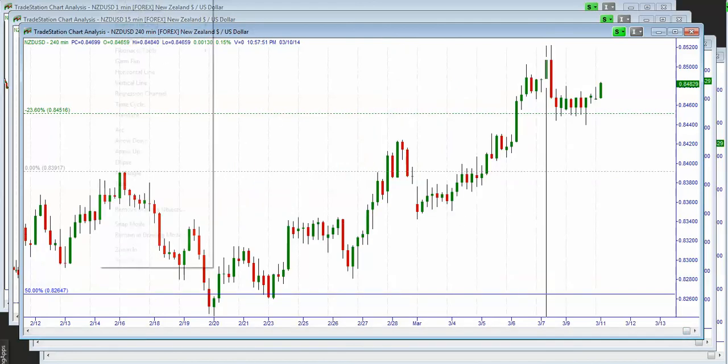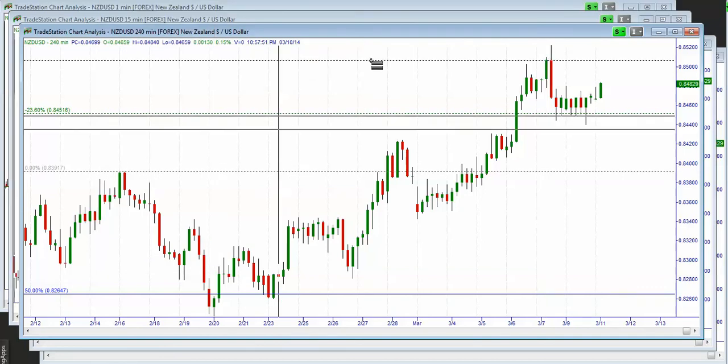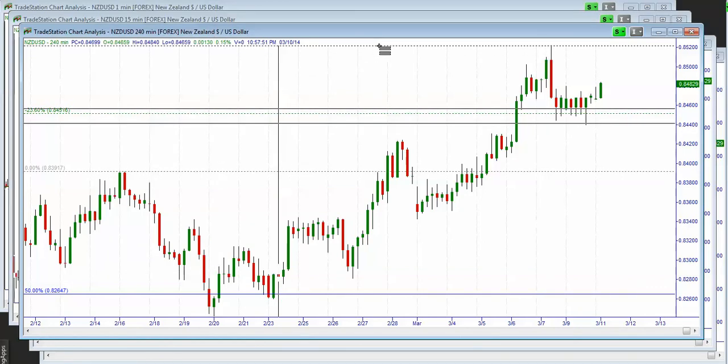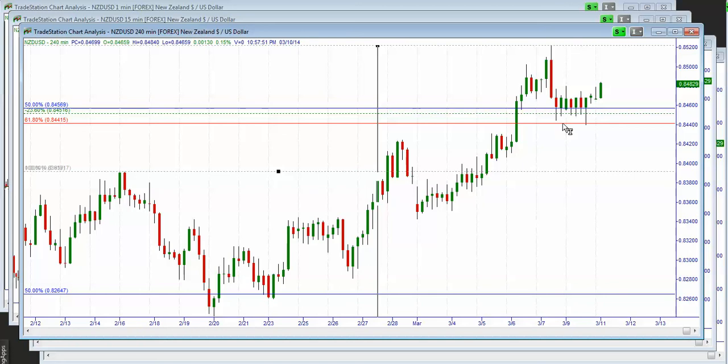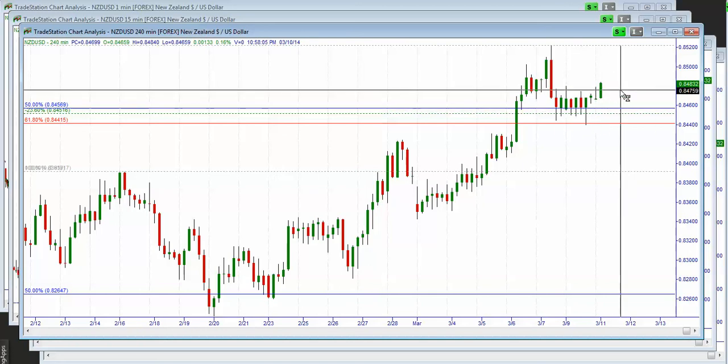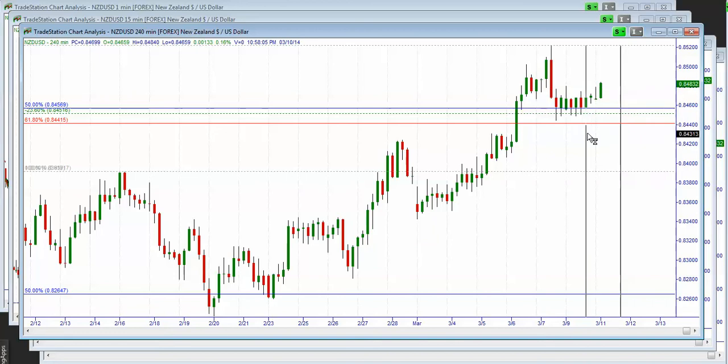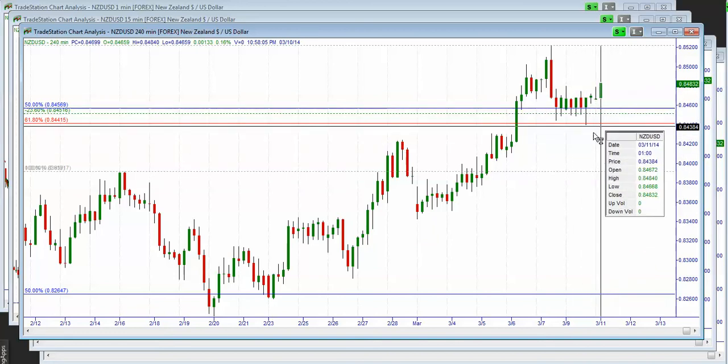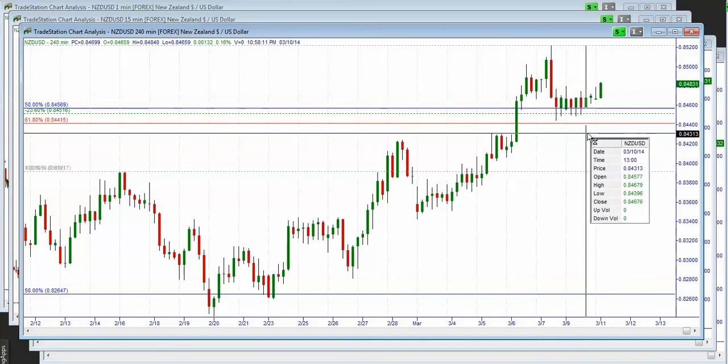So when we trade the extension long here, we see that price marginally broke this level, but then is